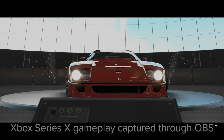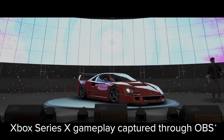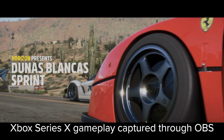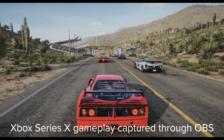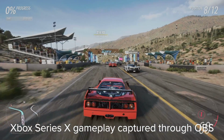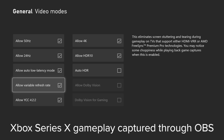There were a couple of small glitches, although it wasn't necessarily the Signal's fault. One issue that I had was with the variable refresh rate setting on my Xbox Series X. When that was enabled, there were occasionally some times when I was playing Forza Horizon 5 that it would lose signal, causing my monitor to go black, which of course isn't great. And then it would try to regain that signal again and kind of flicker a little bit. But once I turned off that variable refresh rate though, it was smooth sailing, even at the 1440, 120 Hz